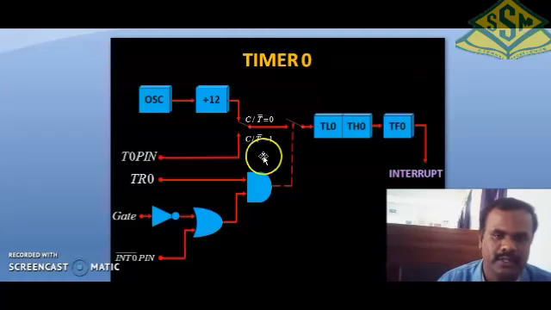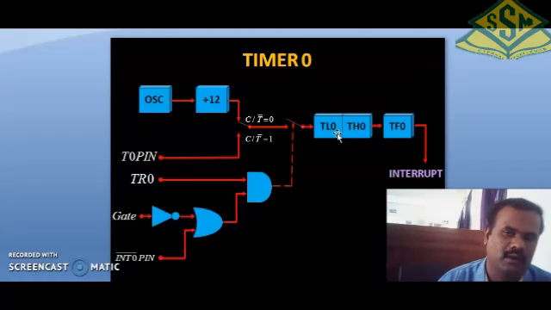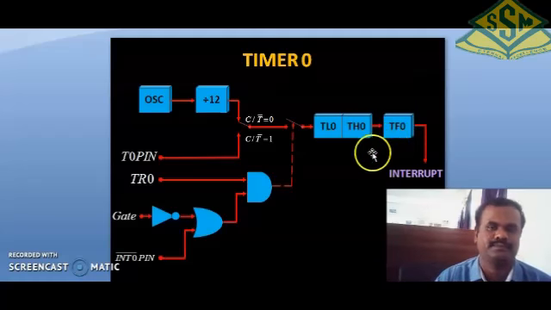For timer 0, it mentions 0, and the 0 indicates the timer 0 values. Suppose the TR value is indicated as TR1, that is for timer 1. The TH0 and TL0, the 0 indicates the timer 0 values. Suppose we are choosing TH1 and TL1, then timer 1 should be on. It is also the same with TF1, it should be on. This is timer 0.